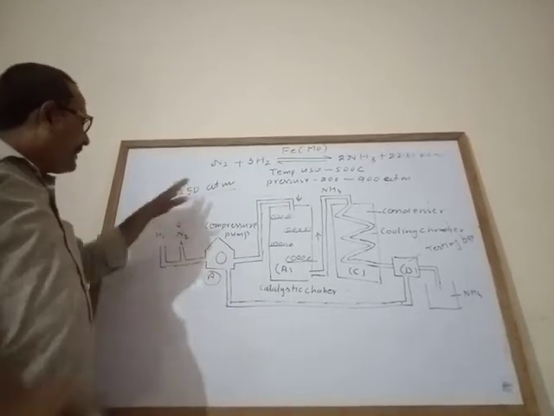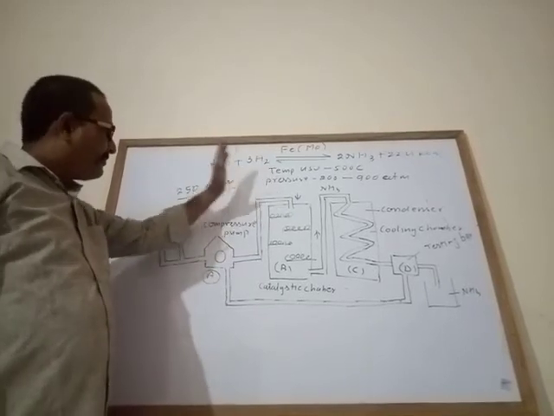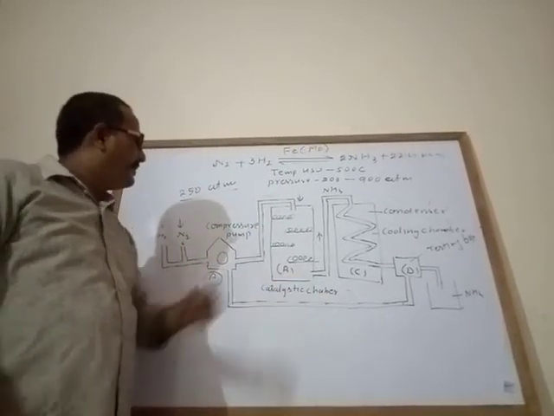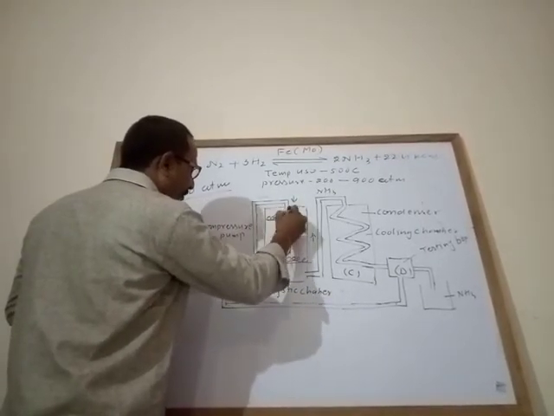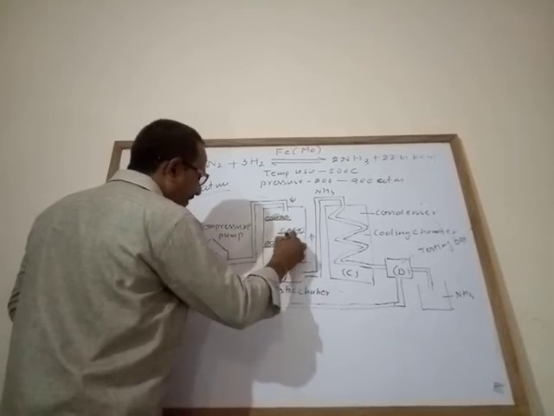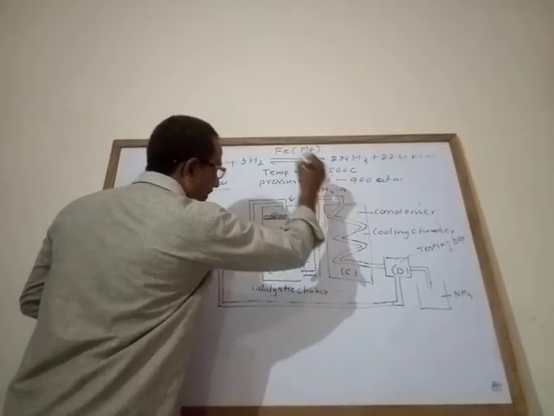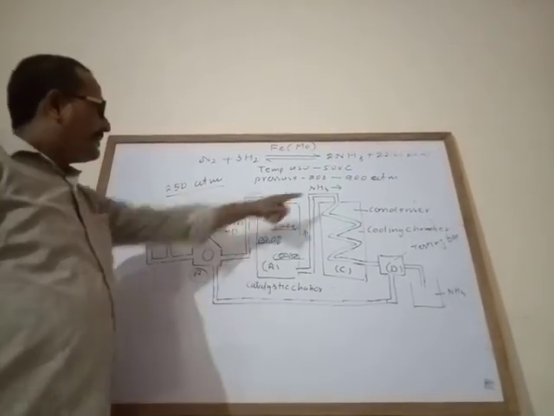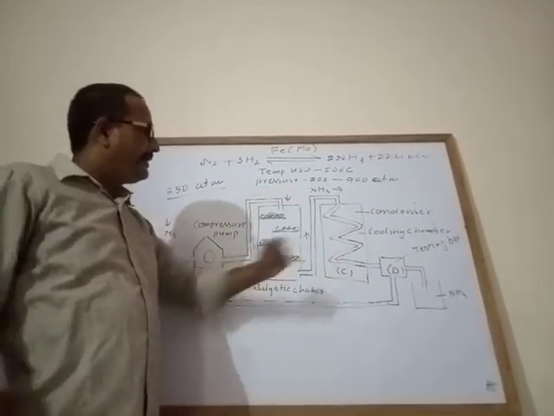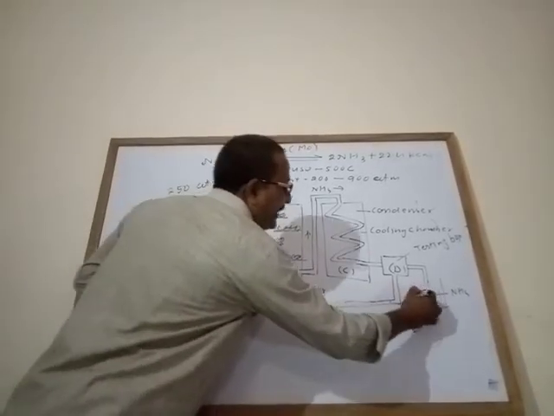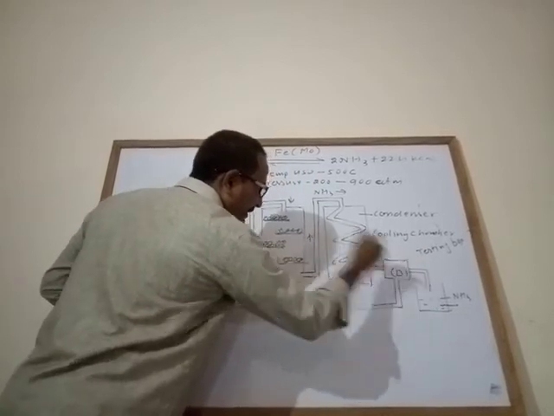See that when the hydrogen and nitrogen reach the catalytic heating chamber, in the presence of the catalyst iron and molybdenum, they combine and form ammonia gas. In the condenser, means cooling chamber, it is liquefied and forms liquid ammonia, which we collect here. Liquid ammonia. This is a casting box.